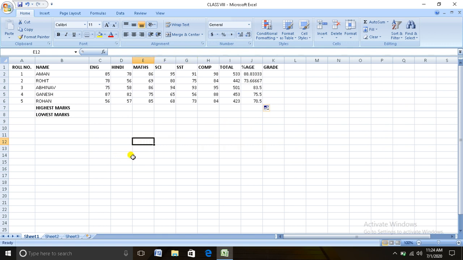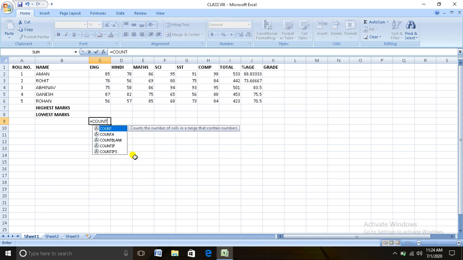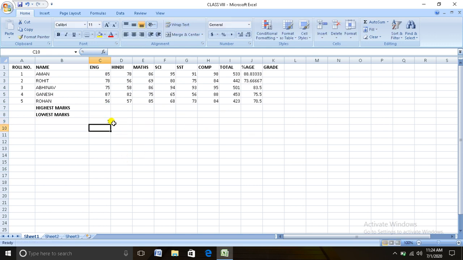If you want to know how many cells contain a value, put an equal sign, COUNT, opening parenthesis and the cell range, that is C2, colon sign and ending cell range, that is C6, and close the parenthesis and press enter key. It displays 5. Why? Because in this cell range there are 1, 2, 3, 4, 5 values. So we get the result 5.